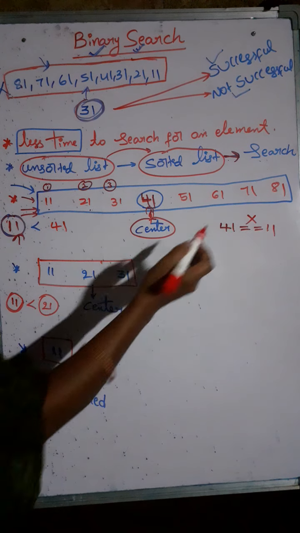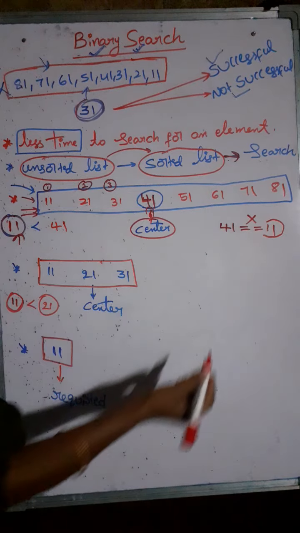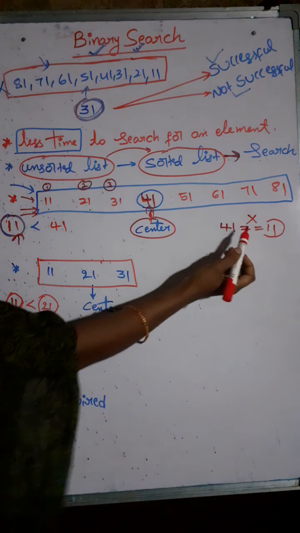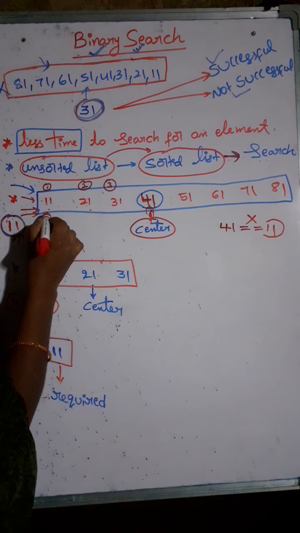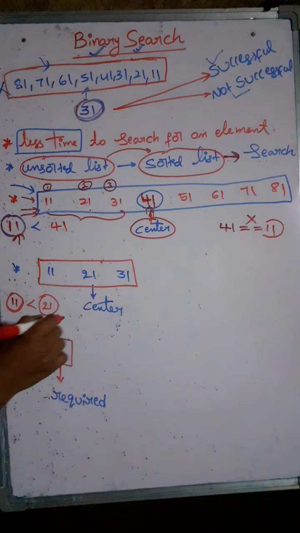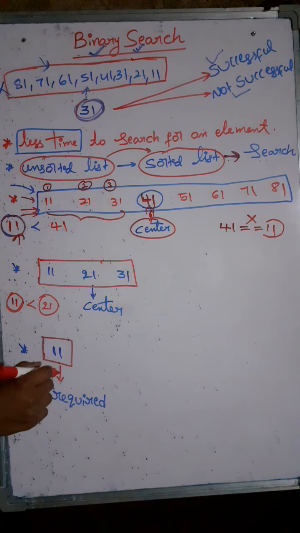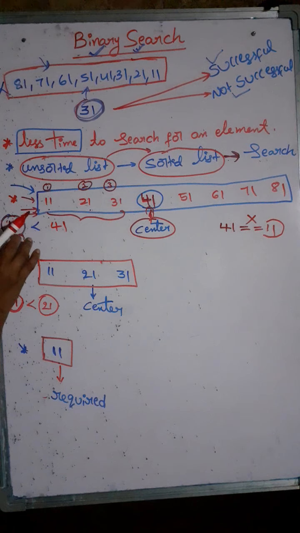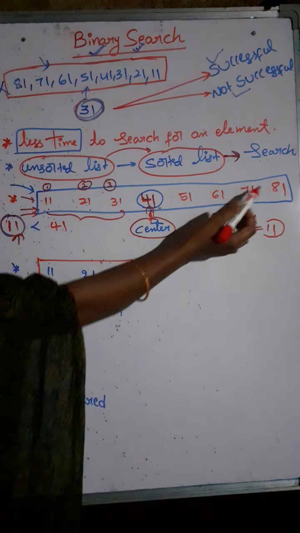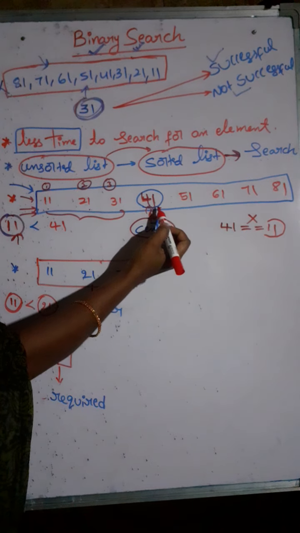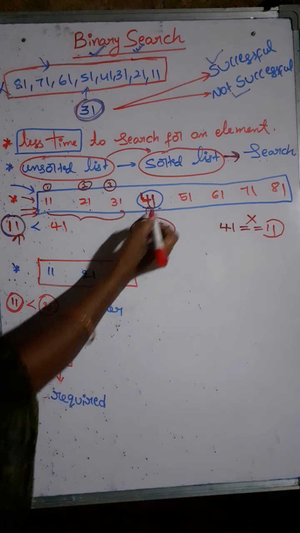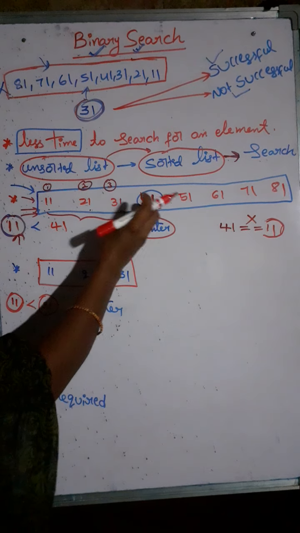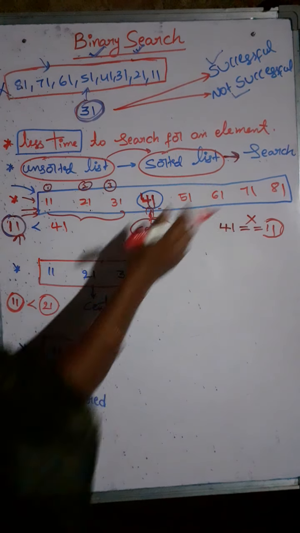So if you observe, the required page number is 11 and the middle page number is 41. That means the required page number will be available on the left side of the textbook. We can find page number 11 on the left side only because we know that all the page numbers are arranged in ascending order. So the middle page number is 41, but I require page number 11. That means this page number will come on the left side only, right? It will not come on the right side.